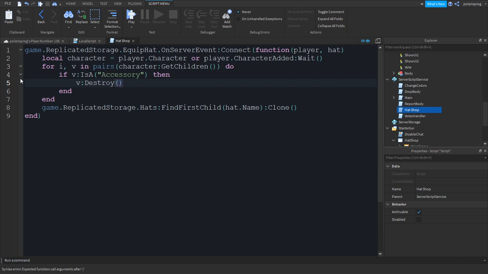So we'll destroy each accessory that the player has, and after doing that we'll clone game.ReplicatedStorage.Hats